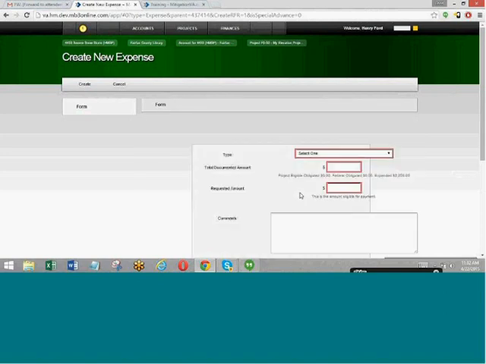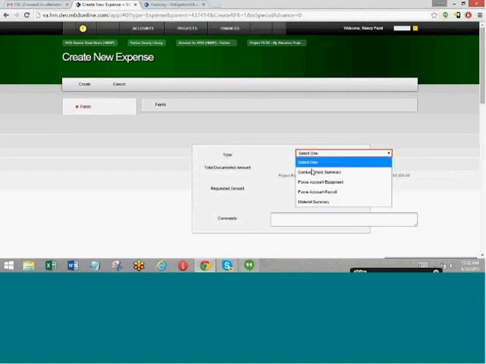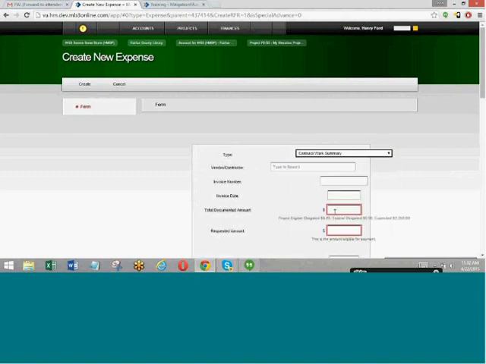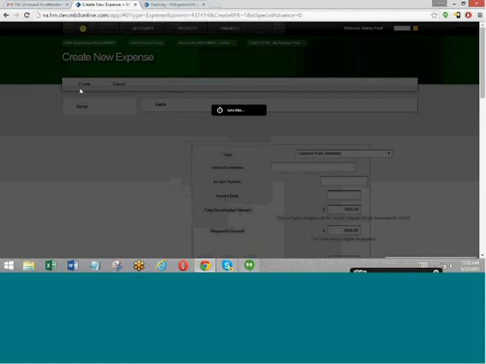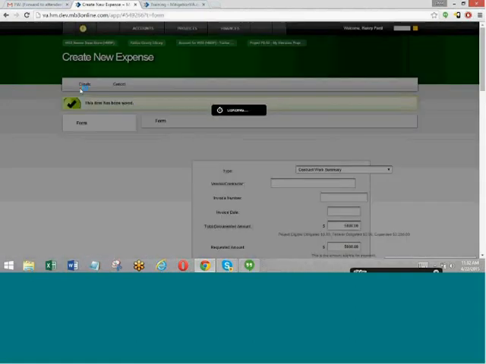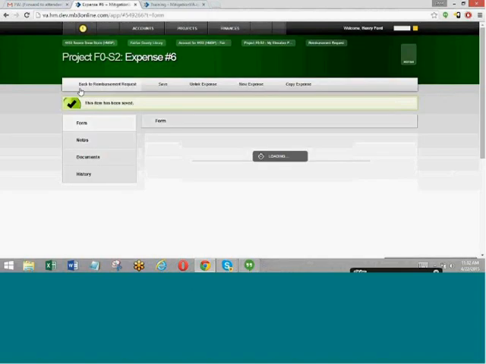And I apologize for what the form looks like. It's not supposed to look like that. It's a bit of a bug, but like I said, I'm just working in a development side. Once you've created the expense and completed the information for that expense, that reimbursement request is now ready for submission. So you don't have to create and log the expenses ahead of time on the project in order to do a reimbursement request.